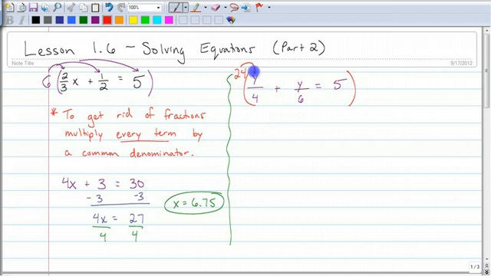There is a smaller number we can use. Can you think of it? If you thought of 12, you could have used 12, because 4 goes into 12 evenly and 6 goes into 12 evenly. But I'm going to show you that using this trick of multiplying 4 times 6 will also get you the